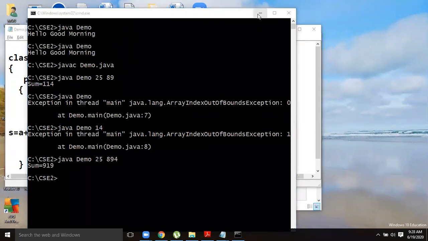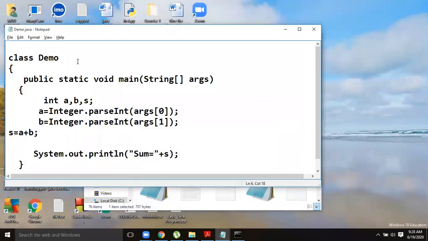Okay, next. There is a second way of taking inputs, that is using the Scanner class. You can use the Scanner class methods to take the input. This is also very flexible. For this, if you want to use the Scanner class, you have to import the corresponding package, the java.util package. First of all, you must import this package, then only the corresponding resource will be useful.